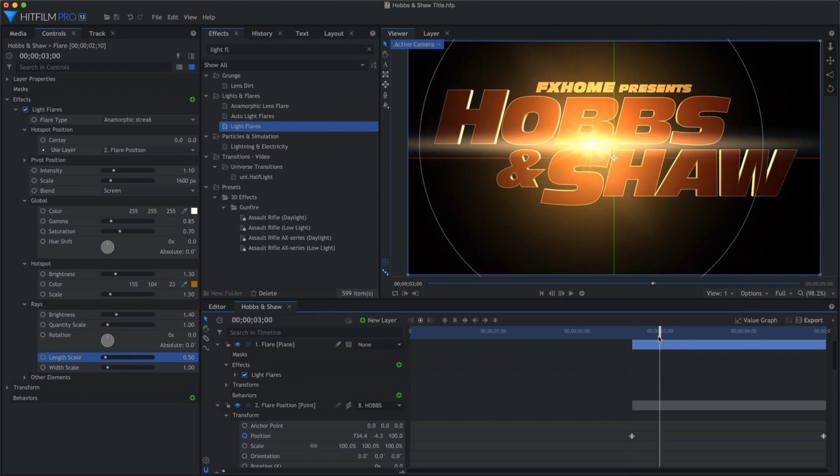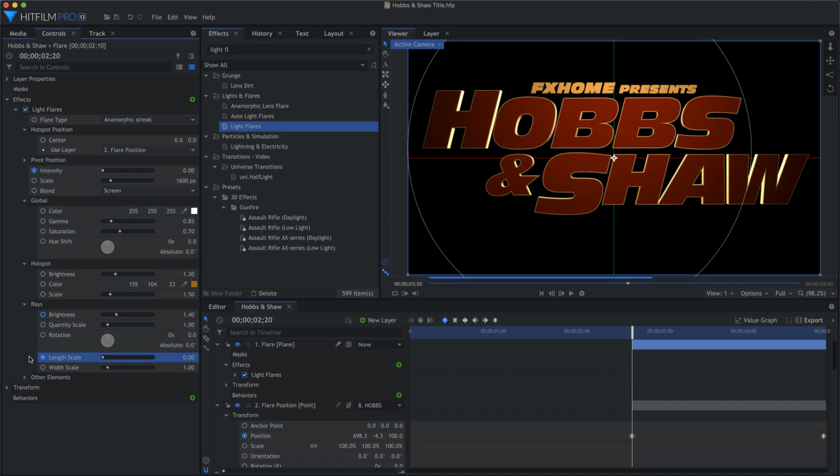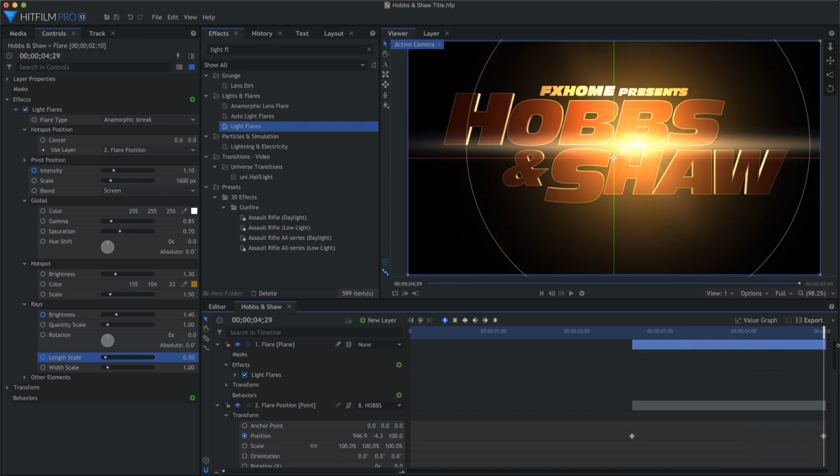At 3 seconds, again, enable keyframing for intensity and in rays for brightness and length scale. Jump back to 220 and set intensity to 0 and length scale of the rays to 0. So now those start from 0 and the flare gradually grows as we come up to 3 seconds, and then